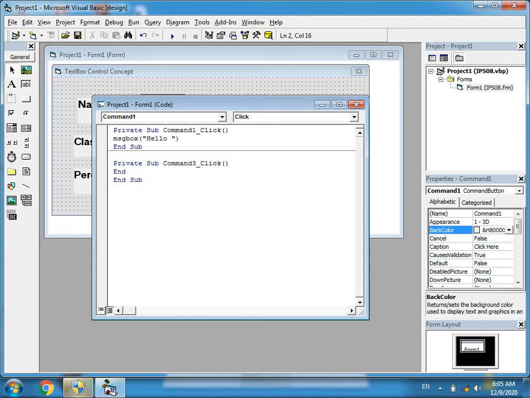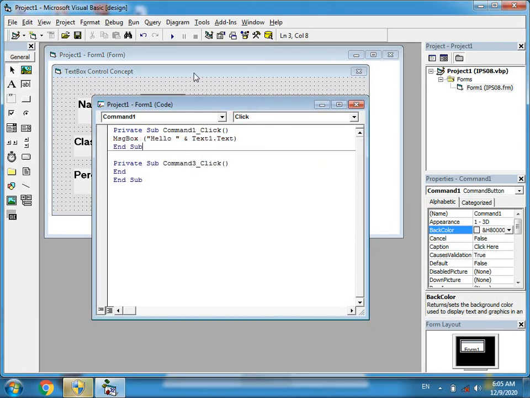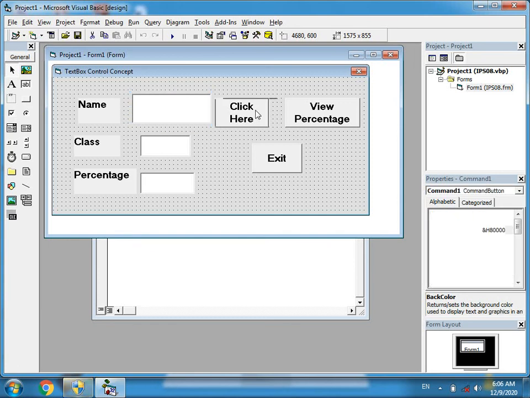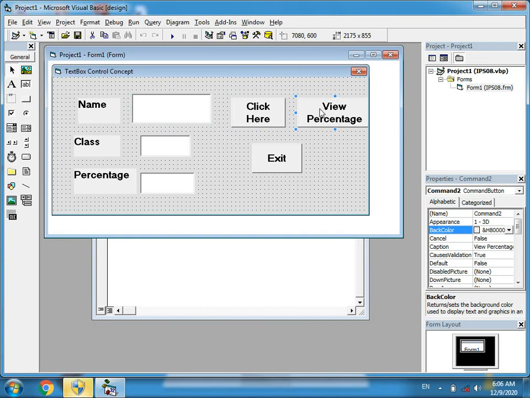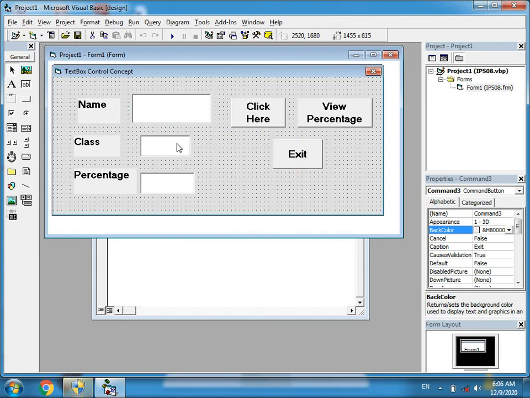MsgBox, message box, within the double quotes, "Hello", and Text1.Text, because when you type any name in the name text box, then that name will appear in the message box.